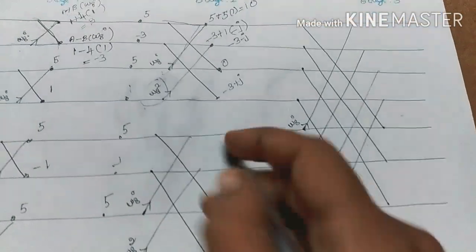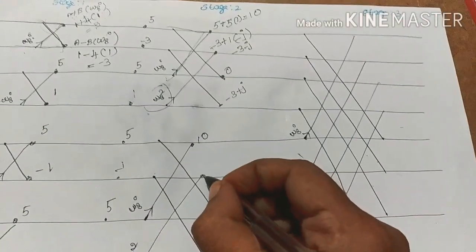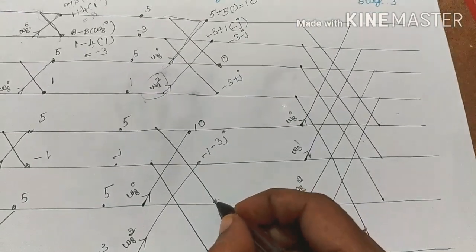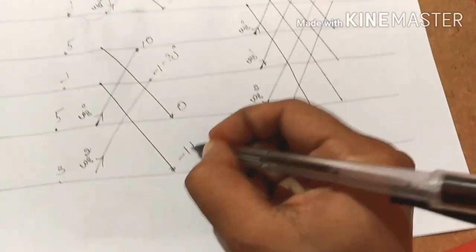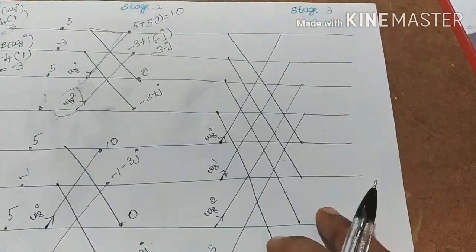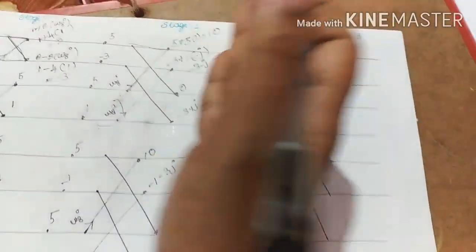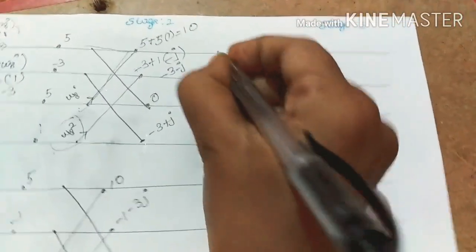So I write only the answers. 10, minus 1 minus 3J, 0, minus 1 plus 3J. Okay. So we complete stage number 2. Then go for stage number 3. Similarly, stage 2 outputs are given as stage 3 inputs. Okay. So stage 3 inputs are